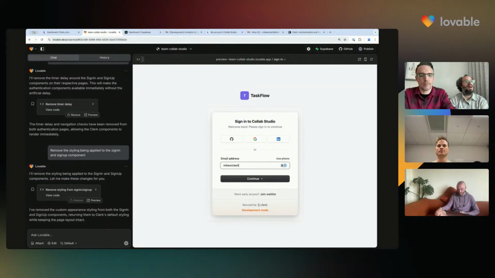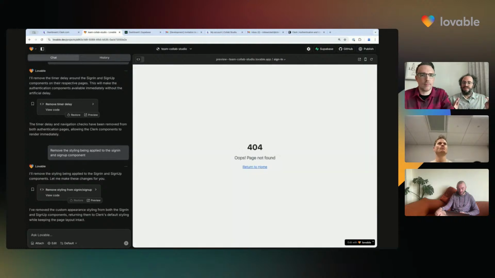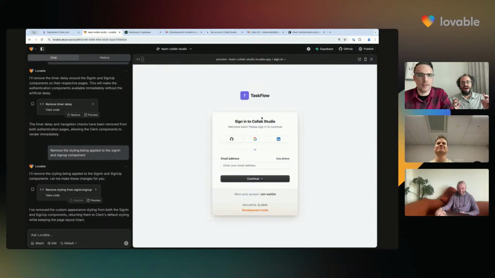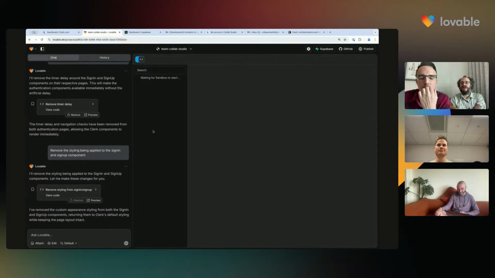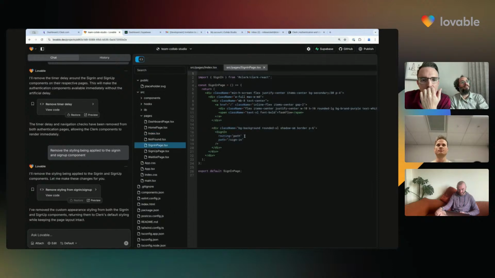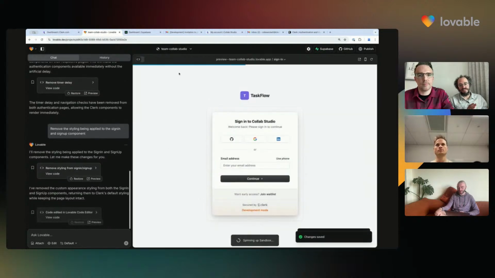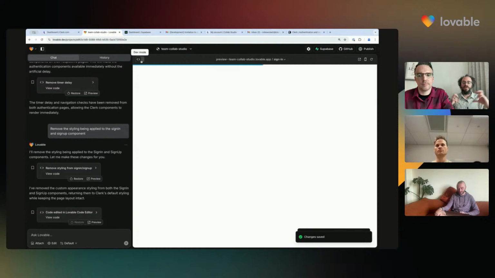So I guess for Lovable, that's interesting. That feels like another timer redirect thing. What's going on there? I have an idea actually. But I will still explain this. We used to have Clerk set so that when you click sign in with Google, it would actually redirect the whole window to